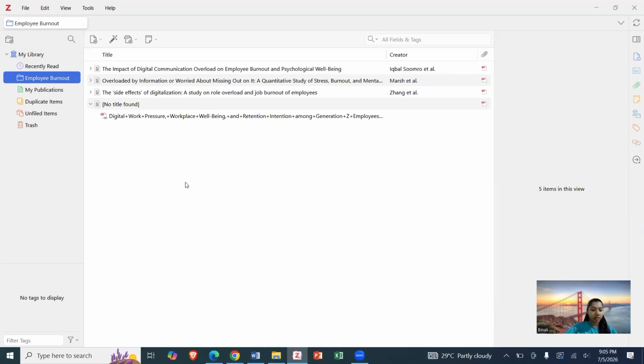Then we can open a PDF in Zotero and make highlights.